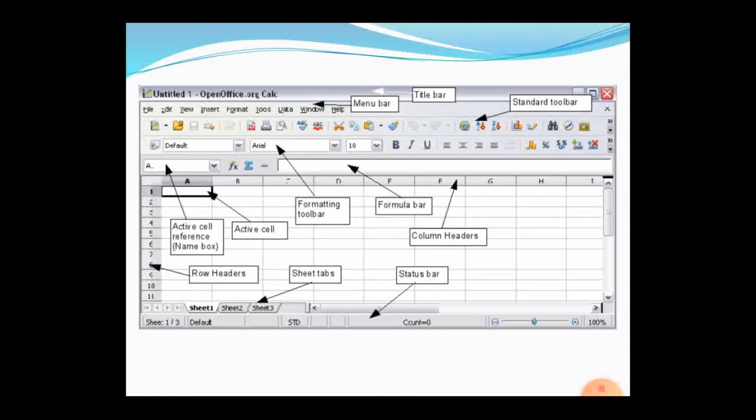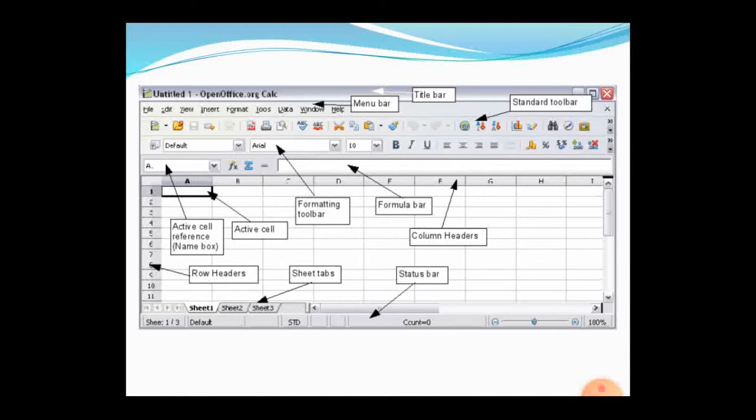The next bar is the menu bar, which is the same as that of the document. The menu bar includes file, edit, insert, format, tools, etc. The next thing is the standard toolbar, which comes next to the menu bar.